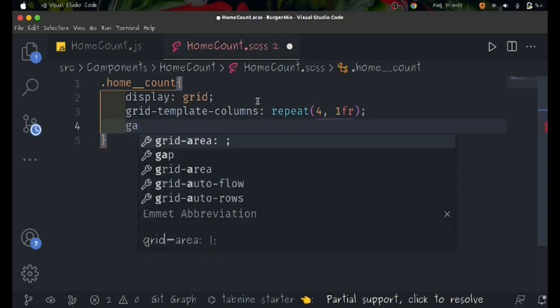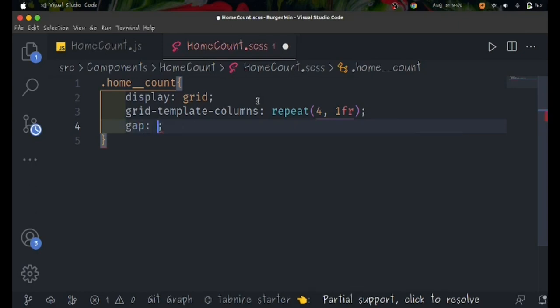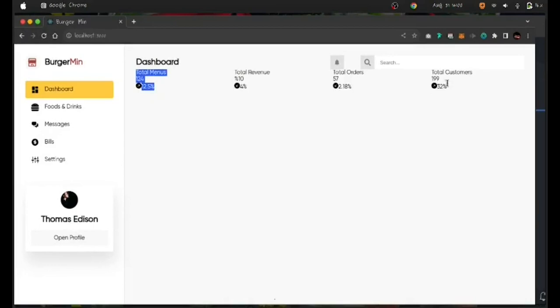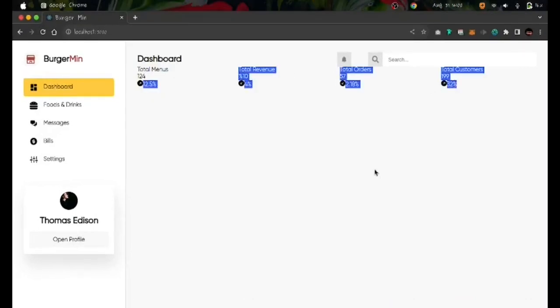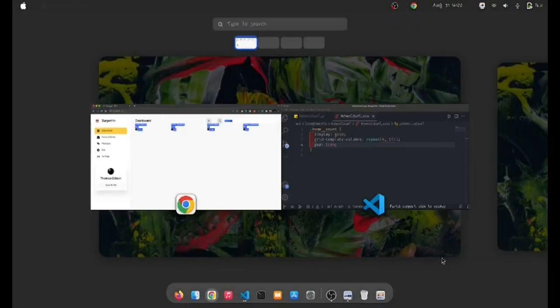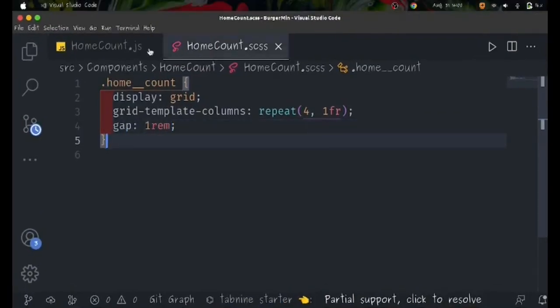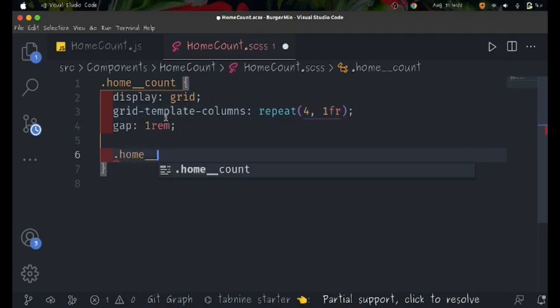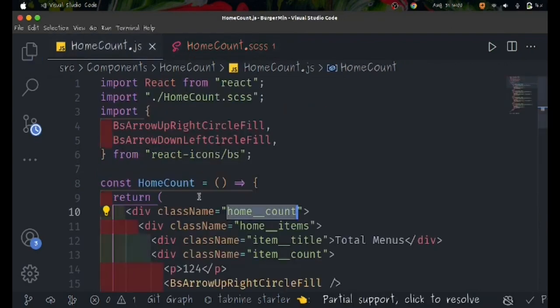So here I'm just going to say gap. In order for me to space them, I'm going to use 1 rem. Great. So if I save them now, you can see there they are. Somehow great. Yeah, I feel it. So now inside of here, below here, I'm going to say home item. Let me copy the class home items,